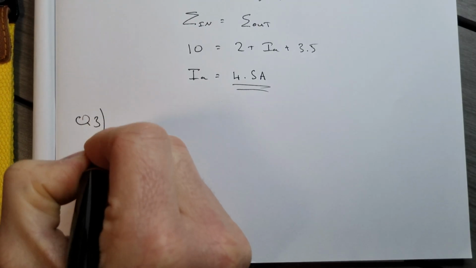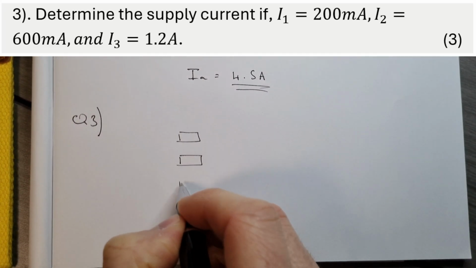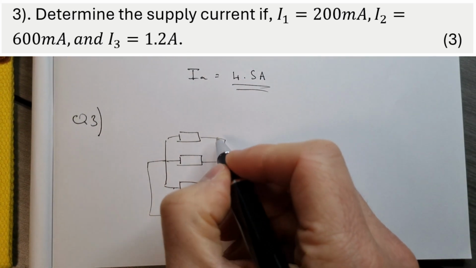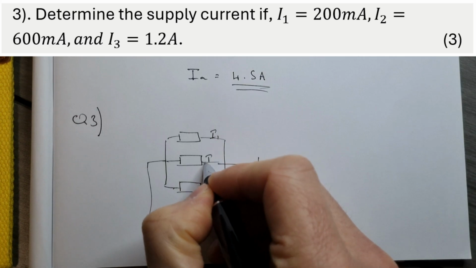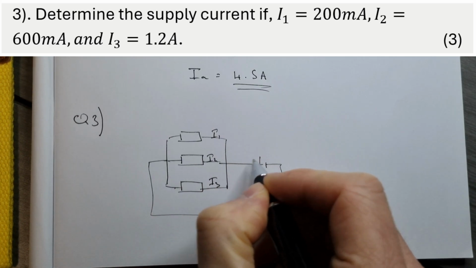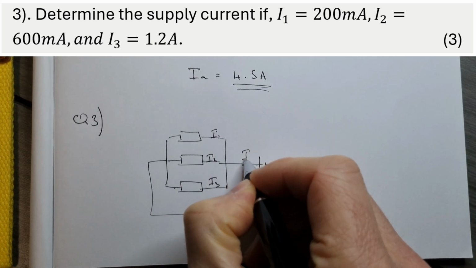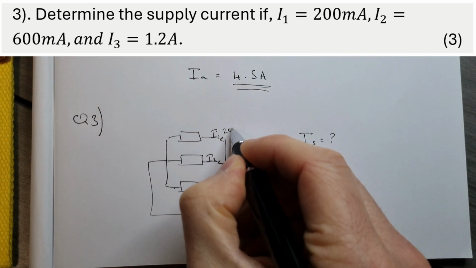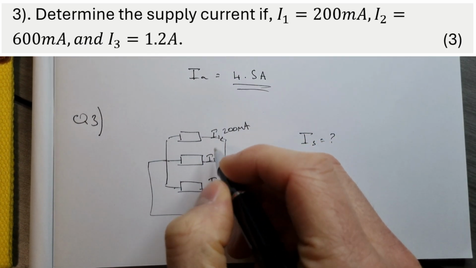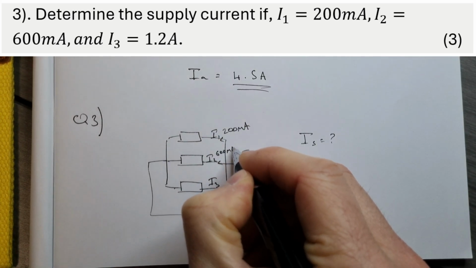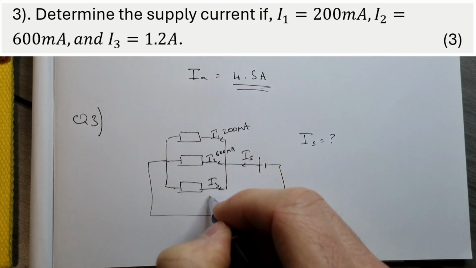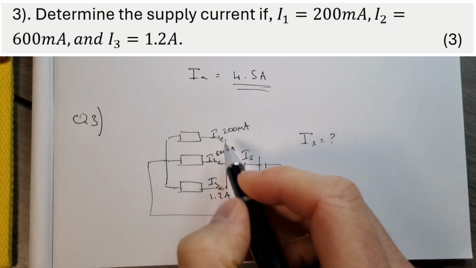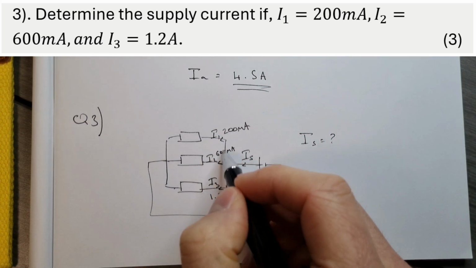Question 3. In question 3 here, we've got a little diagram with 3 resistors in parallel with each other. I1, I2, I3, and this is our IS. We're asked to determine the total supply current if I1 is 200 milliamps, if I2 is 600 milliamps, and if I3 is 1.2 amps. So the thing to remember with current in parallel is it splits down each of the